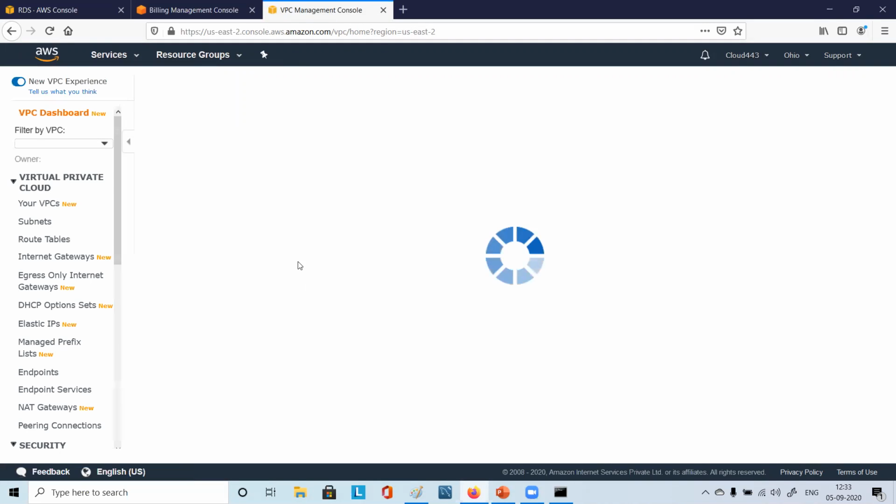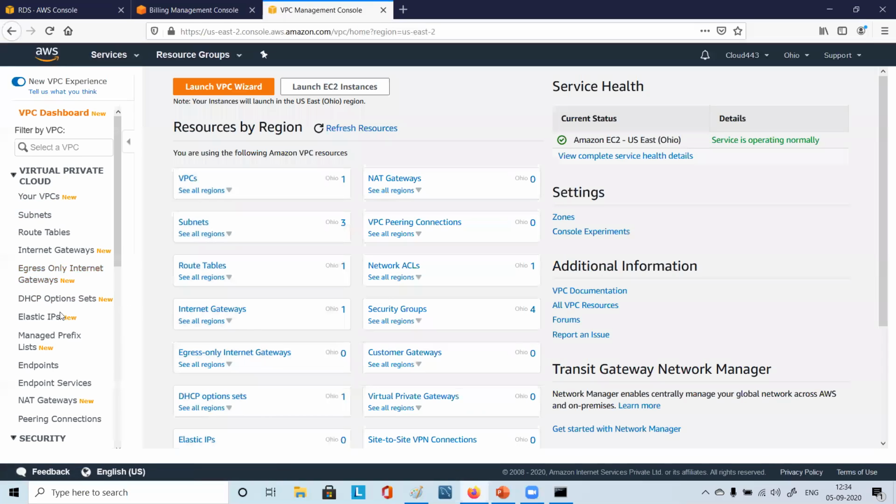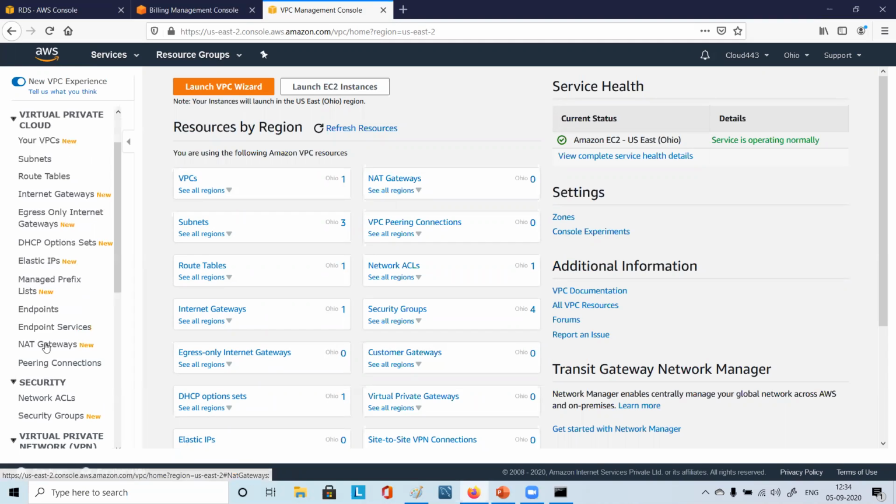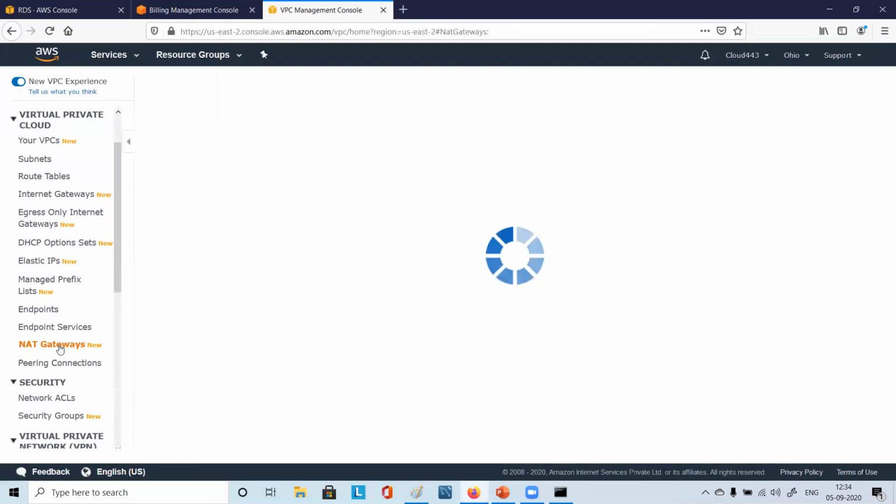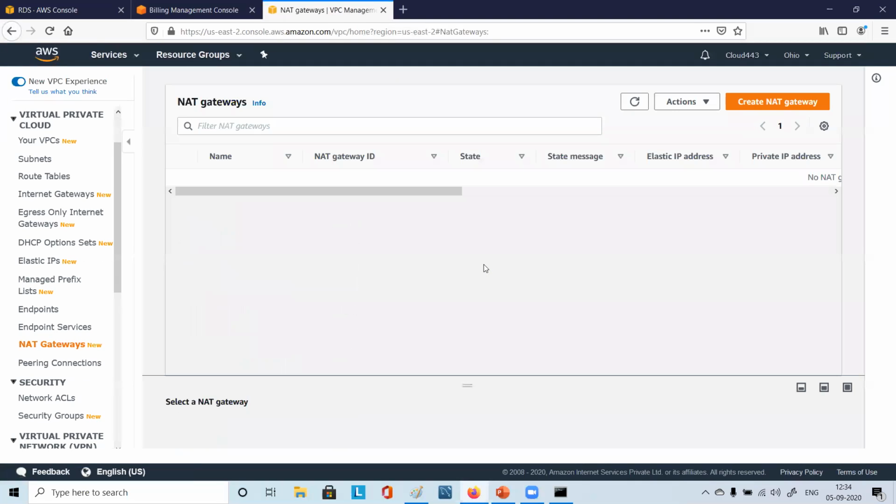Internet gateway is free. NAT gateway is chargeable, right? So if you come to this VPC, you see NAT gateways. I should type VPC, right? Yeah, view console. So in VPC, under NAT gateways, there should not be any.